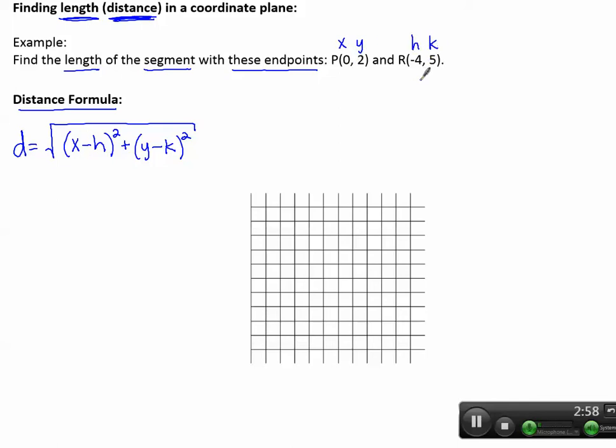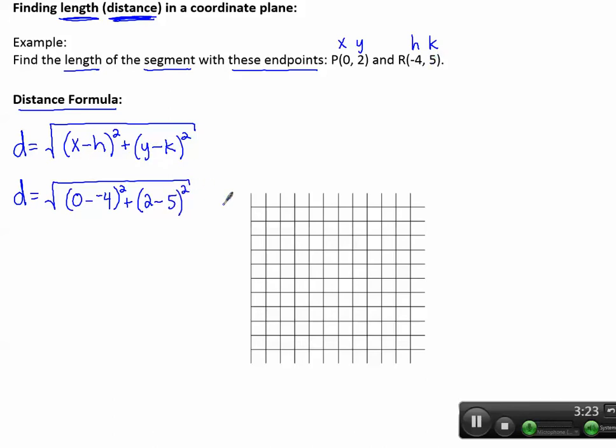And now we just substitute those into our formula. So D equals the square root of the quantity x minus h. X is 0 minus h is -4 squared plus y is 2 minus k is 5